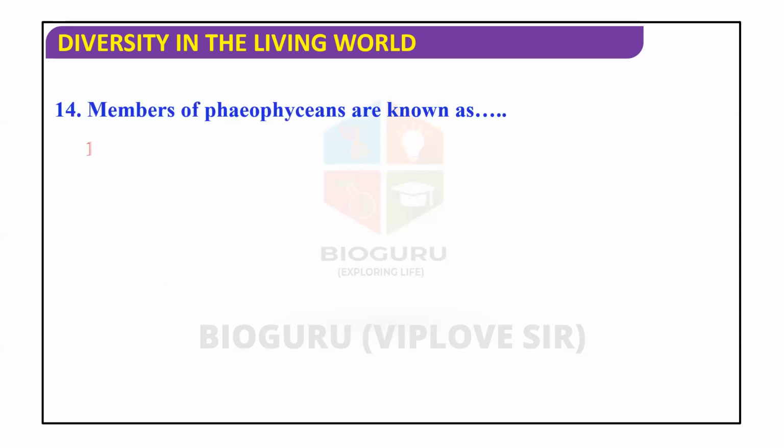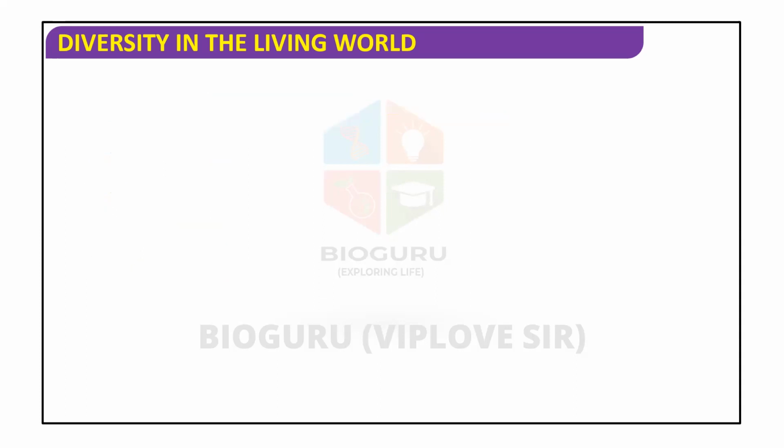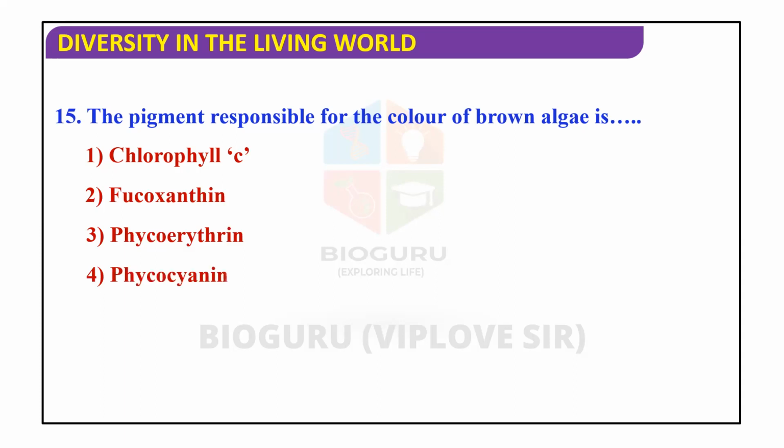That's nice. Members of Phaeophyceae are known as golden algae, green algae, brown algae, or blue-green algae. That's good. It is brown algae. The pigment responsible for the color of brown algae. You have studied pigments: chlorophyll a, chlorophyll b, chlorophyll c, and fucoxanthin, etc. So the pigment responsible for the color of brown algae is chlorophyll c, fucoxanthin, phycoerythrin, or phycocyanin. Brown, it is